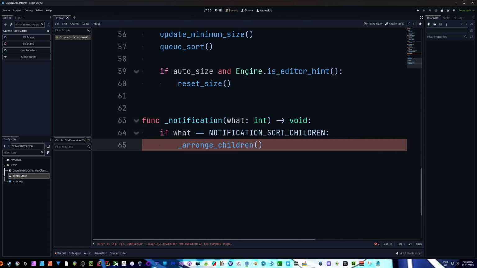Containers in Godot use this notification for layout. So when Godot sends this notification, we match it, and we know it's time to reposition our children, which of course will happen inside of our arrange children function,